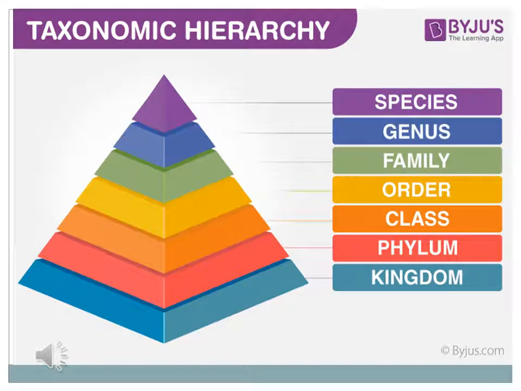Now let's move on to the next topic, taxonomic hierarchy. The system of arranging taxonomic categories in a descending order based on their relationships with other groups of organisms is called hierarchy of categories. This system was introduced by Linnaeus and is called Linnaean hierarchy. There are 7 main categories of hierarchy. They are kingdom, phylum, class, order, family, genus, and species. Species is the basic unit of classification.